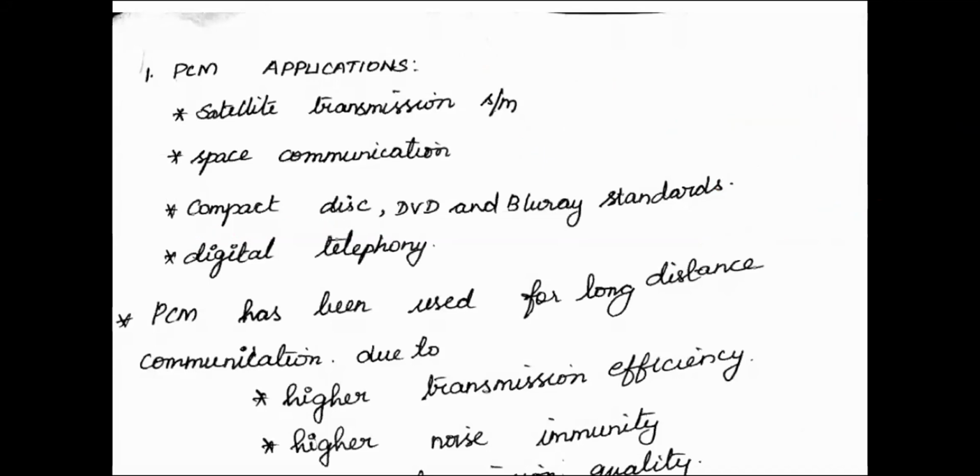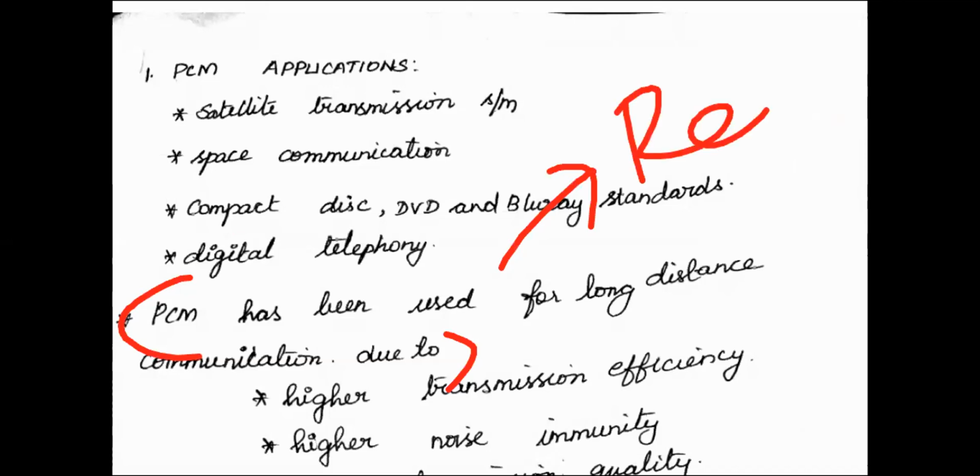They will ask this as an example question: PCM, why do we use it for long distance communication? Because you can put repeaters and use any distance. As distance increases, noise increases and distortion increases, but that can be removed by the repeater. Please note down, very very important point. PCM can be used for long distance due to what, sir? Due to the repeater. What does the repeater do? Even if noise is added, it removes the noise completely.